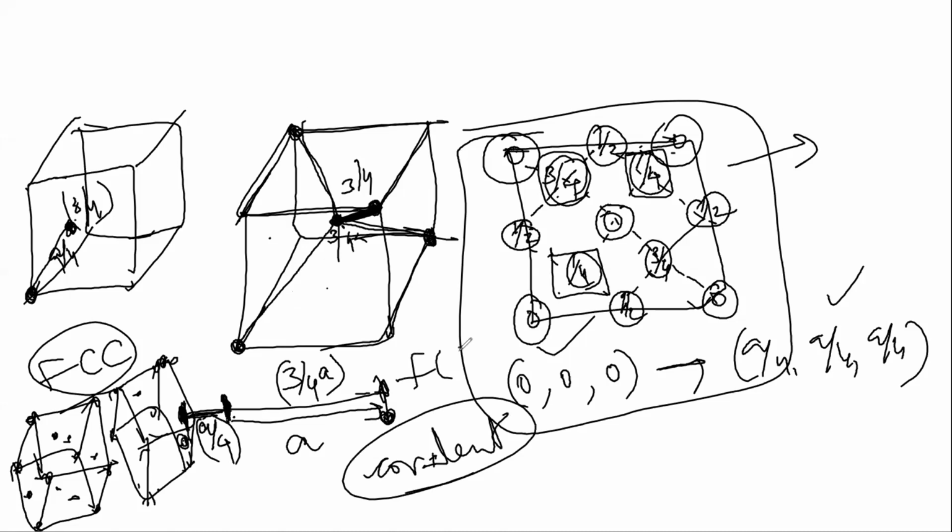It is FCC. Base is at 0, 0, 0 and a/4, a/4, a/4. And it is having covalent bond structure between any two, and it's a regular tetrahedron structure when we consider from the corner point to the other 4 points. Now the entire diamond lattice is constructed by these tetrahedral units. This tetrahedron, we are taking only one. If you imagine this type of tetrahedrons at every corner attached, then it becomes our diamond structure.